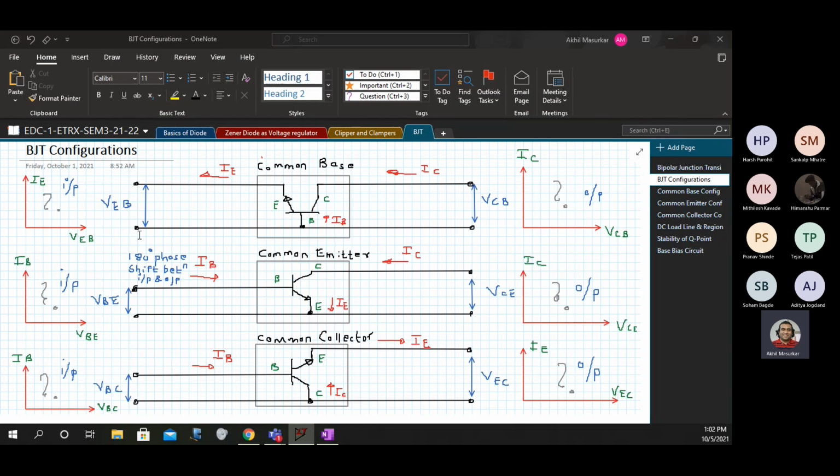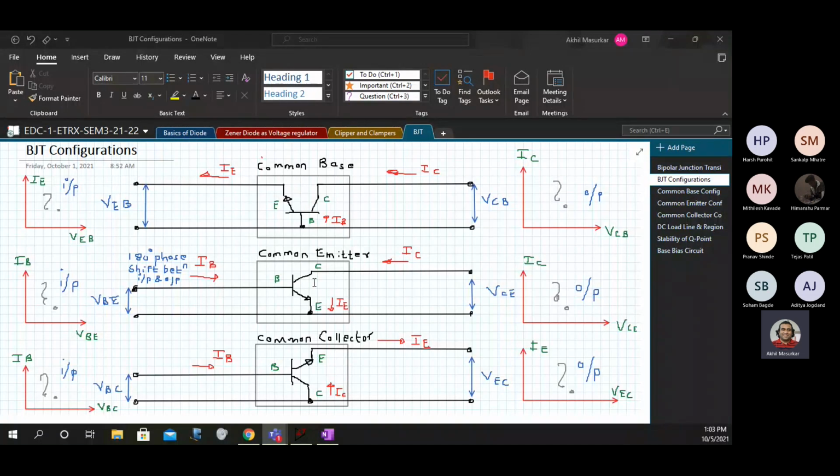So without wasting time, we will start with our first configuration, the common emitter configuration, and plot the different characteristics of the BJT. We have 6 configurations. For an NPN transistor, we will be seeing 3 input characteristics and 3 output characteristics.